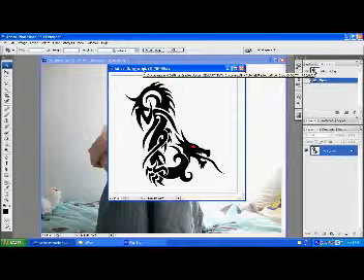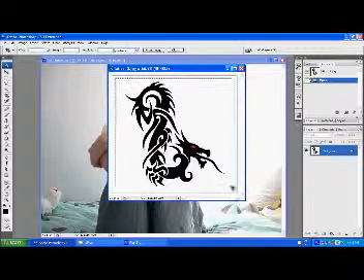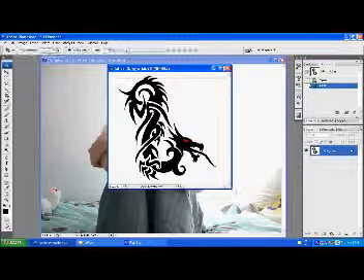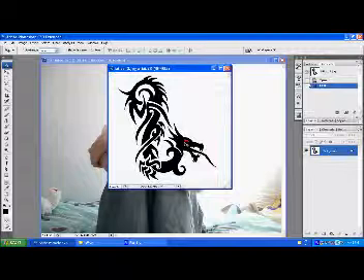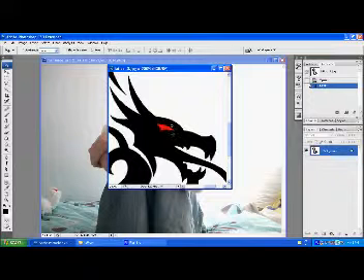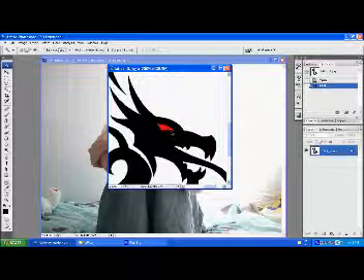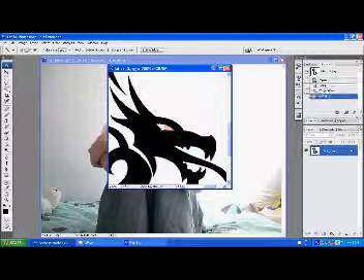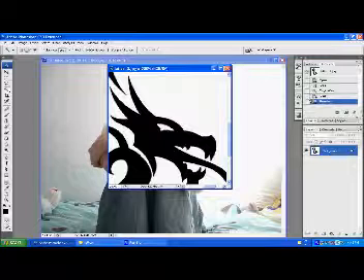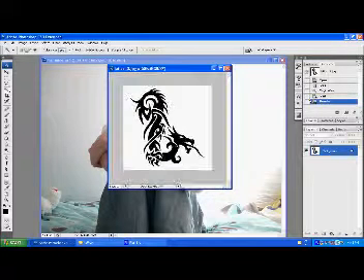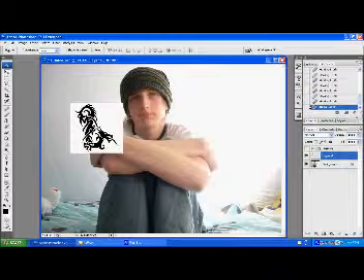We'll press C to bring up the cropping tool, start up in the corner and drag it over to here to get rid of that border. Hit enter. Okay, now I want to get rid of this little red spot, so I'll zoom in a bit, spacebar and control and left click, and now we'll press W for the wand tool and we'll want to click on that there and hit delete. Control D to deselect,